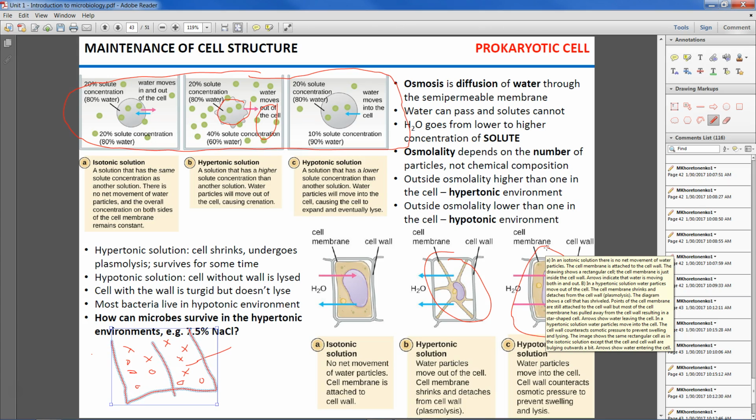What can prevent cell from busting open? Cell wall. A lot of bacteria have cell wall. So they will become turgid. Okay? It's a fancy word for swollen, like puffy, like a balloon. And that maintains the shape. And if you think about that, a lot of microbes live in a hypotonic environment, like in the lake or in the pond. So they are swollen. That makes sense? They actually pump water all the time. A lot of, like amoeba, have a special structure that pumps the water out. Okay? Now,